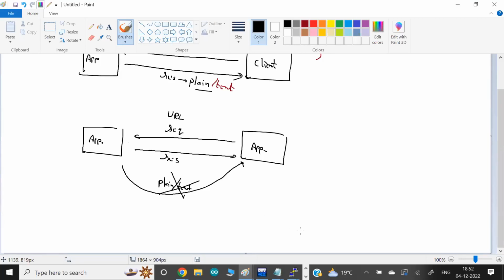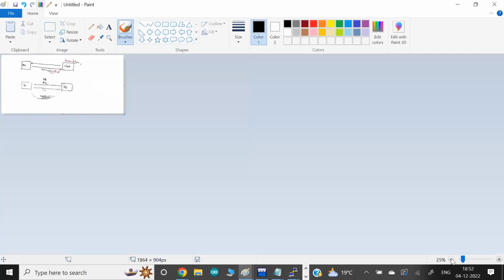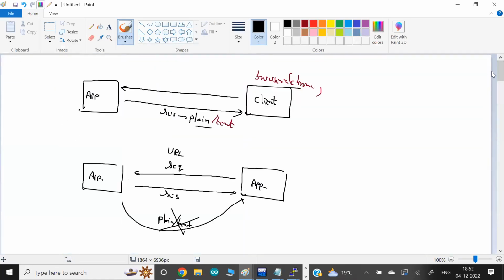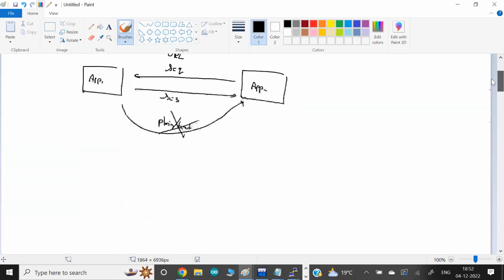What format? Let's say this is app number 1 and this is app number 2.